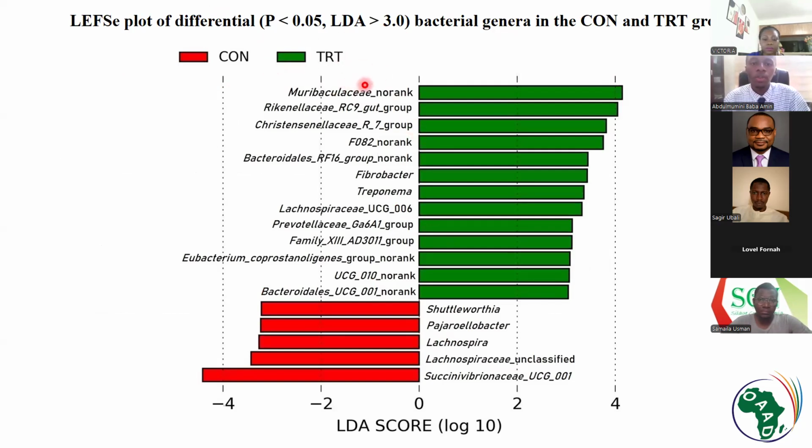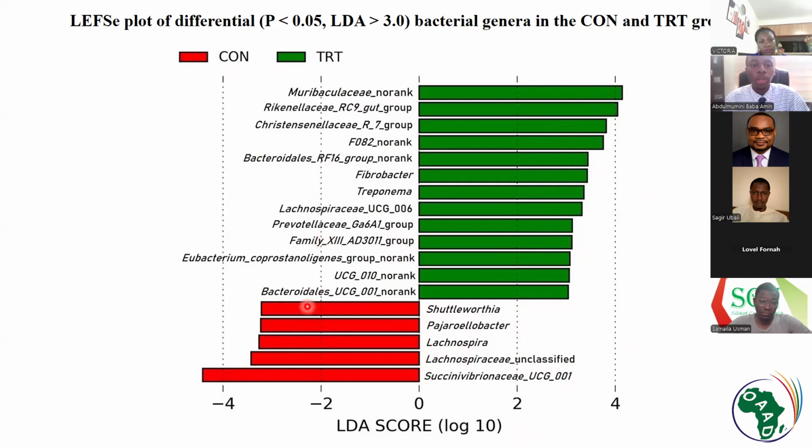This is for two groups. This one shows that the TRT group has a significantly higher composition of this particular bacterial taxa. From the plot, we can see that all of them are greater than 2 but less than 4. So most likely this one was pegged at 3. This is the LDA score, greater than or equal to 3 as significant. Anything less than that will not be counted as significant. Even if the p-value is significant, it means the effect size is not significant.